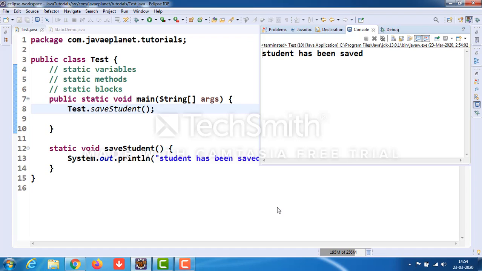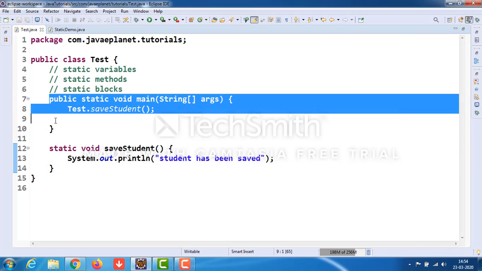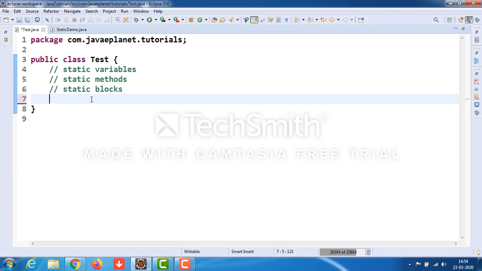and that's all about static method. Now we will discuss what a static variable is, how we declare it and how we use it across the class. For example, static int i equal to 9,